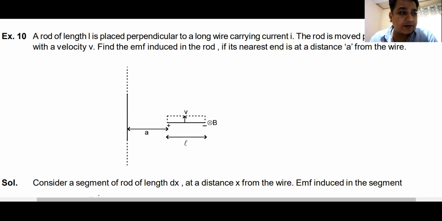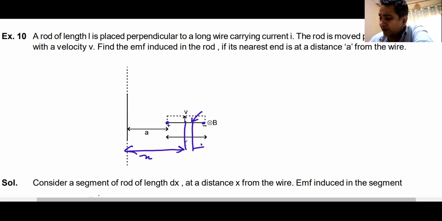You must remember and understand what the problem is with this question. Here, the magnetic field at this point and this point, or any point in between, is not constant. So you can't write the answer straight away. In fact, you will have to use the technique of integration. Take an element at a distance x of length dx.